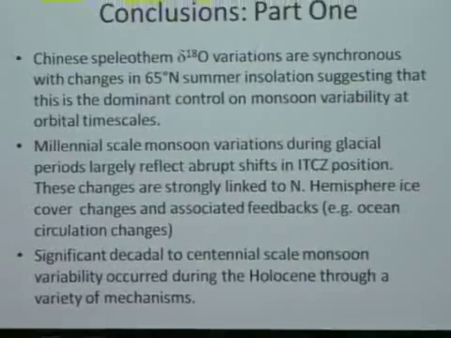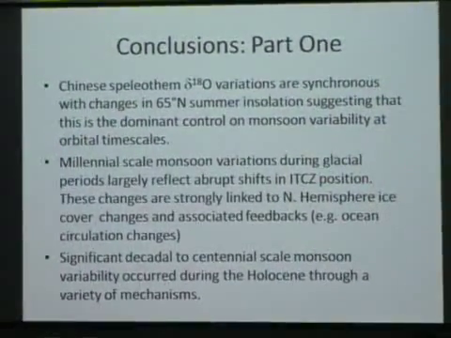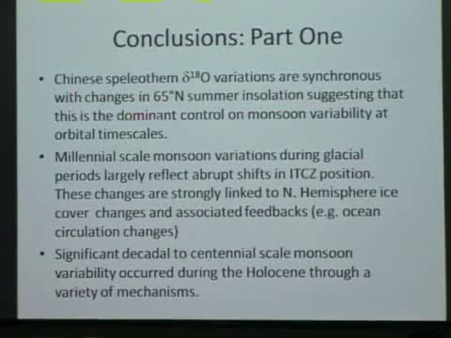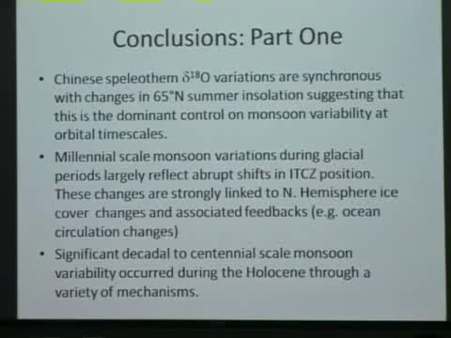Okay, so to end this first part, and I'll just show you a little bit from the second part, the Chinese speleothem delta 18 variations are synchronous with changes in northern hemisphere summer insolation, suggesting that this is the dominant control on these sort of orbital timescales, but that millennial scale monsoon variations largely reflect abrupt shifts in ITCZ position, which might be linked to sea ice and associated northern hemisphere ice cover and associated feedbacks like ocean circulation changes. And then even in the Holocene, we see significant decadal decennial scale monsoon variations through a variety of mechanisms,